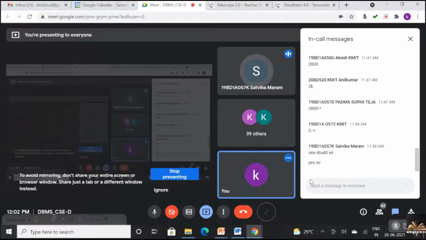Okay, sir. Got it. No, see, just assume you have some 10,000 bucks in your account. You did not try to modify your account for n number of days, but suddenly after looking at your account, it was only showing you 1,000 bucks. So at that particular point only, you can say that it is inconsistent data. Yes or no? Yes, sir.